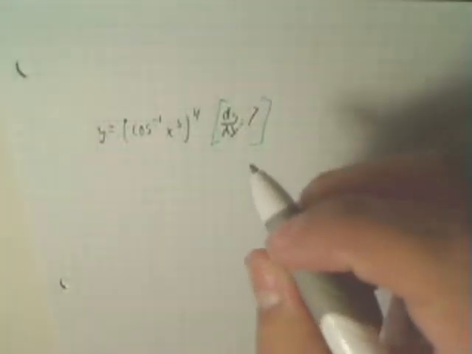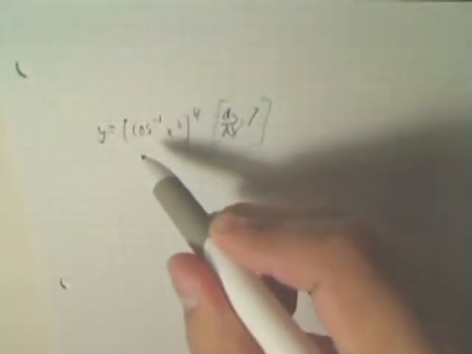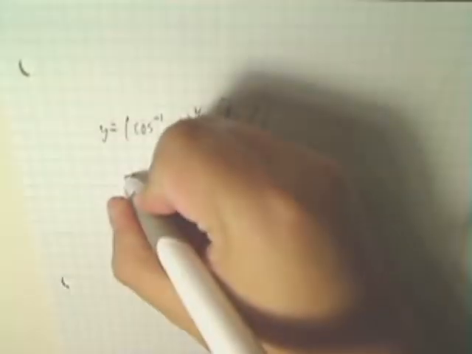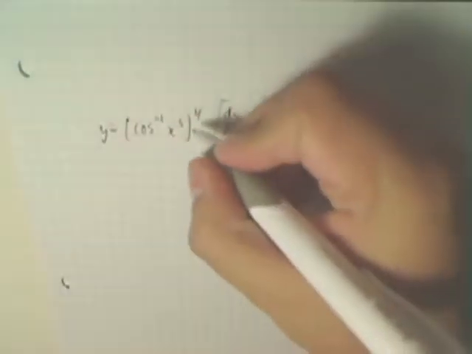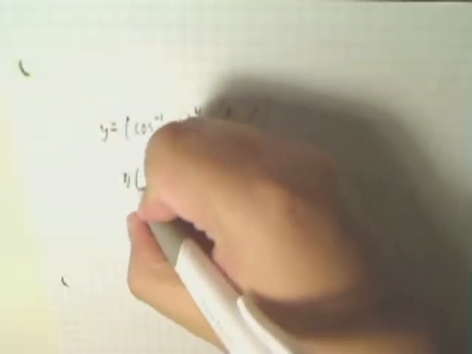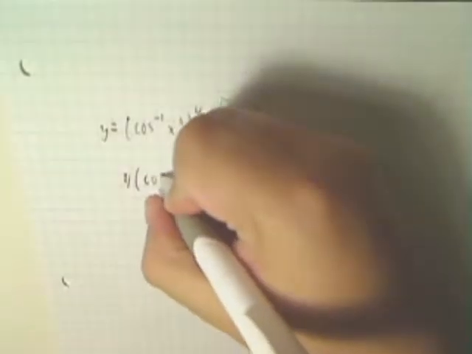We are given the problem y equals (inverse cosine of x to the fifth) to the fourth. We are asked for dy dx. The first step is to do the chain rule. So 4 times the outside of the original function,